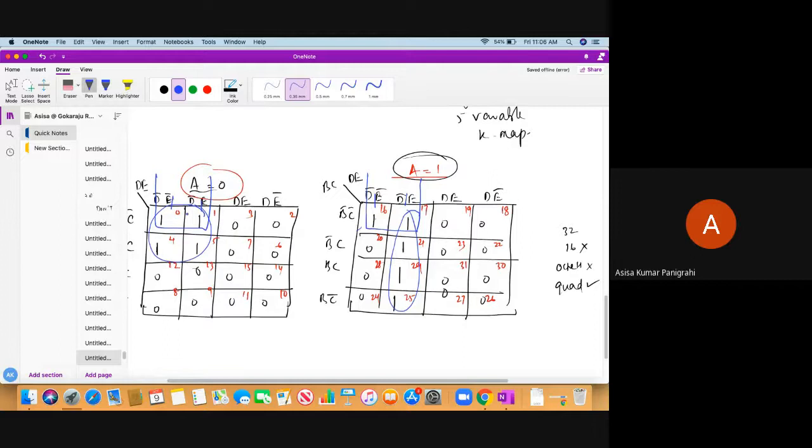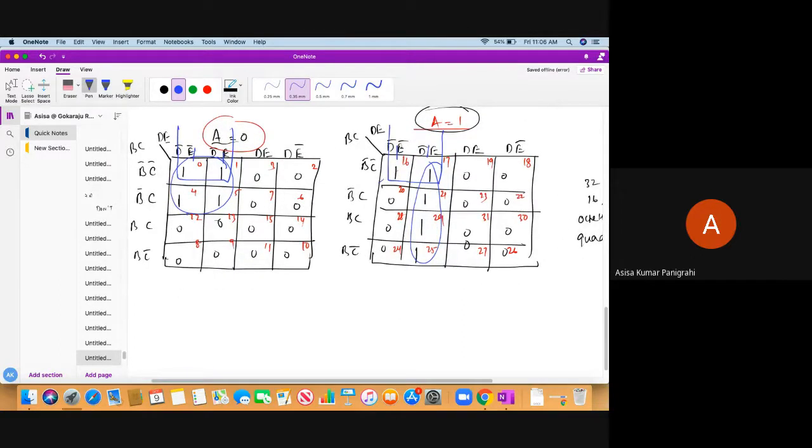Now how do we write down the common solution? For this, the first common is A. After that, D bar E. Any doubt on this? Please let me know. Very important: how did I get D bar E? Because this is common here, D bar E, and for all these minterms, A is common. If you are grouping anything individually in this grouping, remember you have to put A. If you are grouping anything individually in this, you have to put A bar. First A bar, then what is common? B bar and D bar.